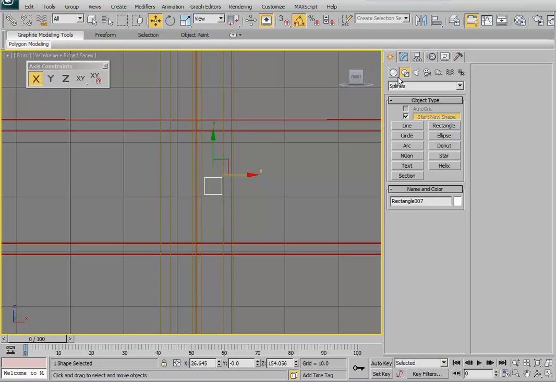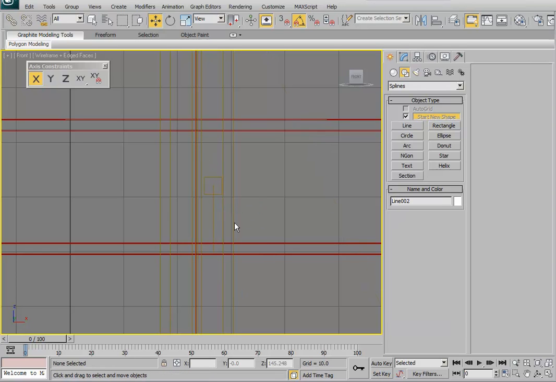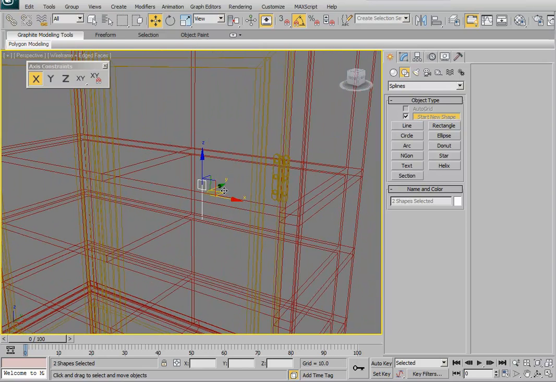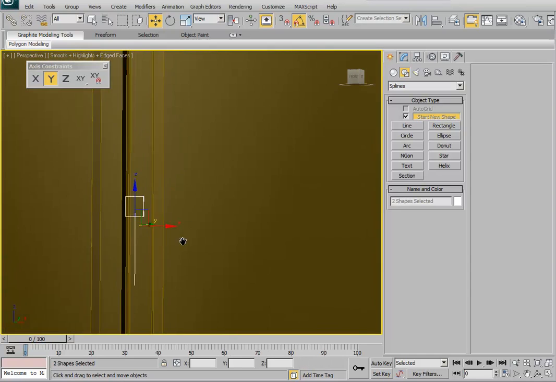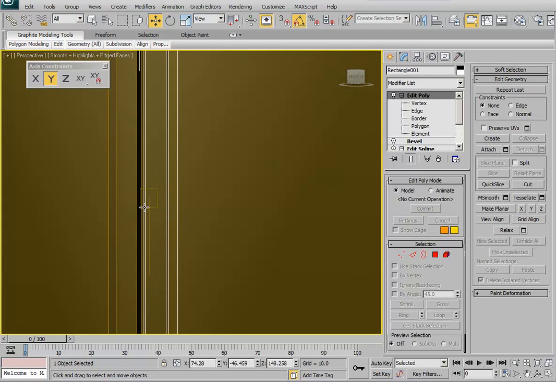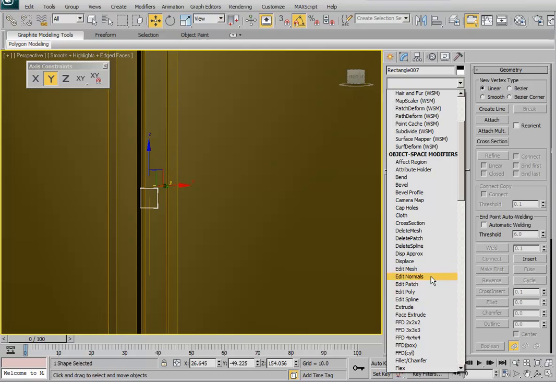Okay, and then what I'm going to do is I'm just going to draw one line, one vertex there and then one vertex here. Okay, and I'll show you guys how to do this real quick. Now I want to turn on this one. I'm going to do extrude,